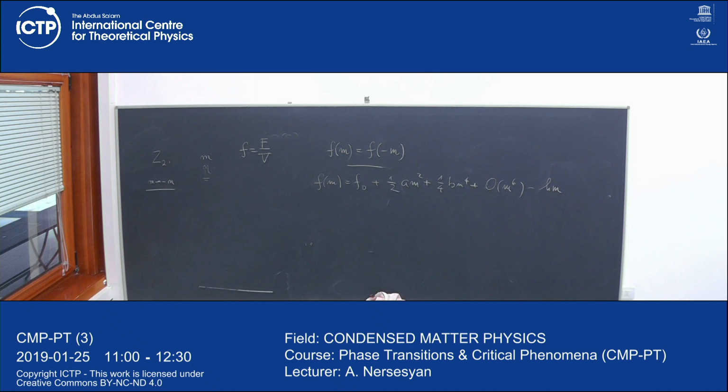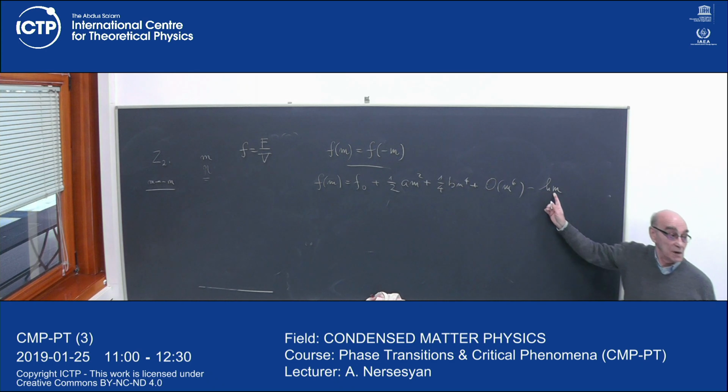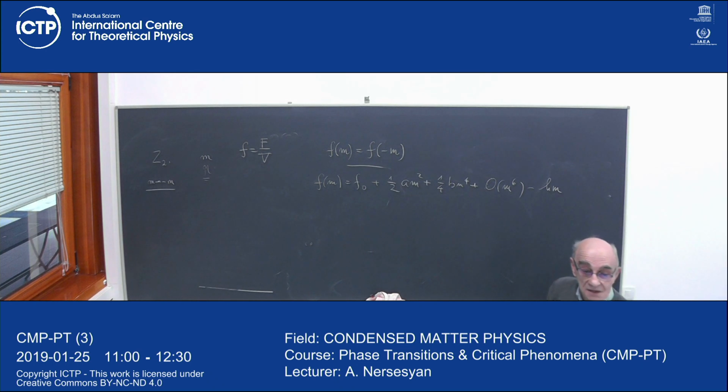I need to have such a term because I want to know the response of my system to some perturbation which directly couples to the order parameter. In the magnetic context, the field which couples to the order parameter is nothing but the magnetic field. So therefore, to calculate susceptibilities, I need to have a magnetic field. To do all this calculation, in the end, I can send the magnetic field down